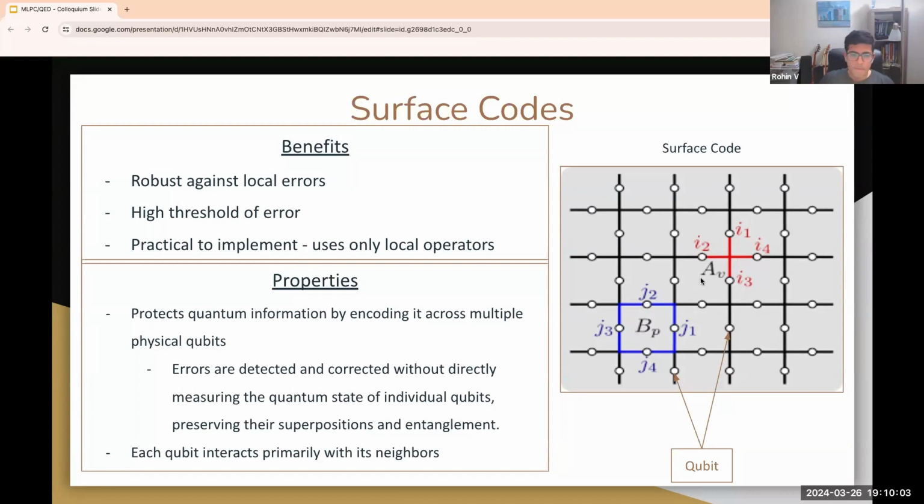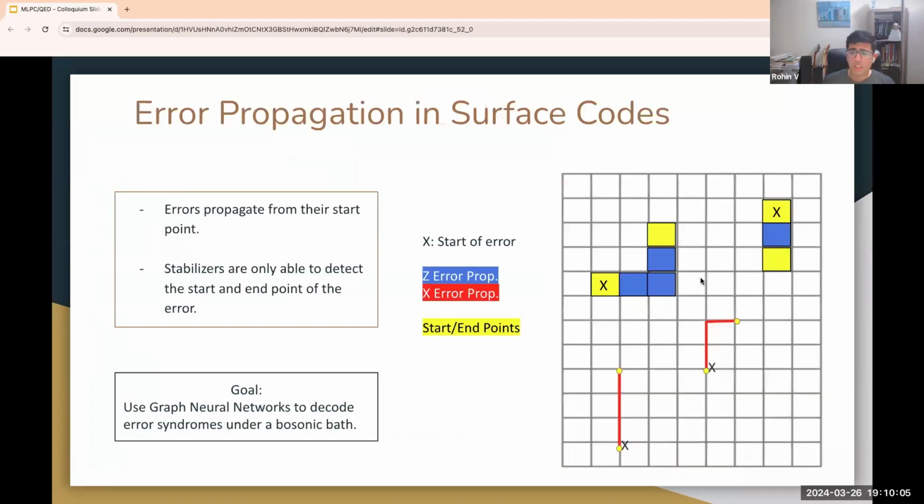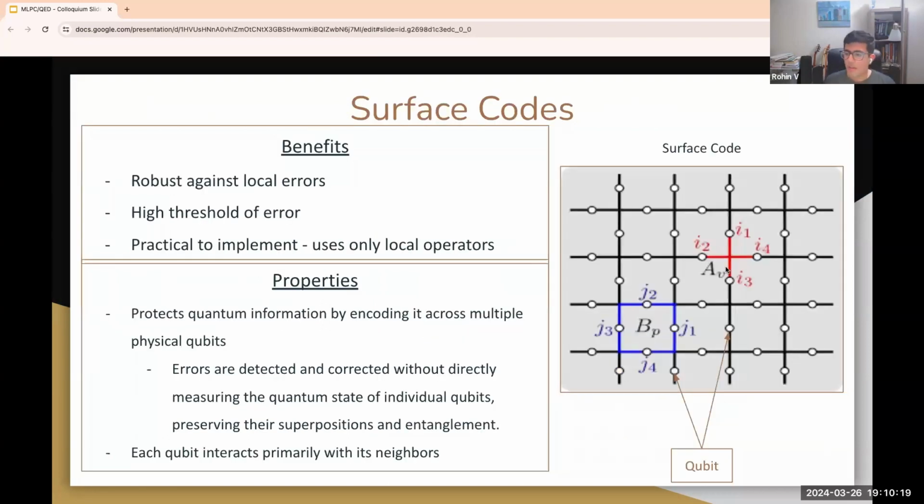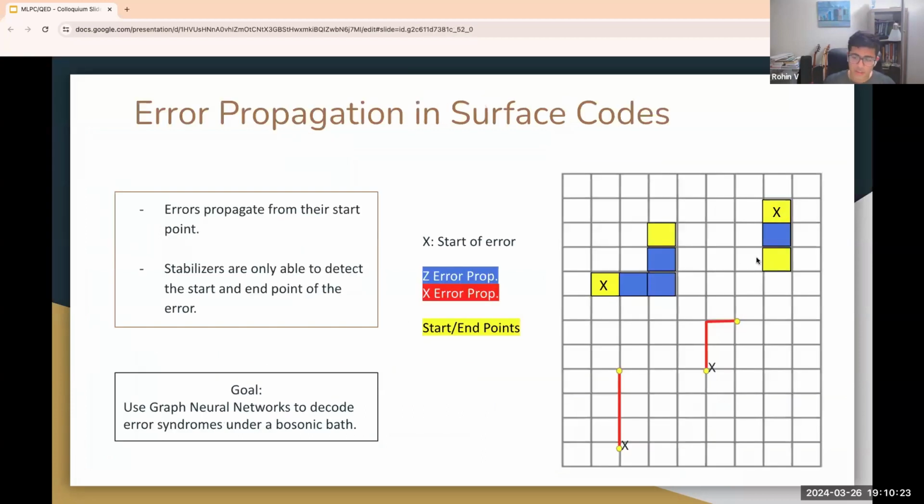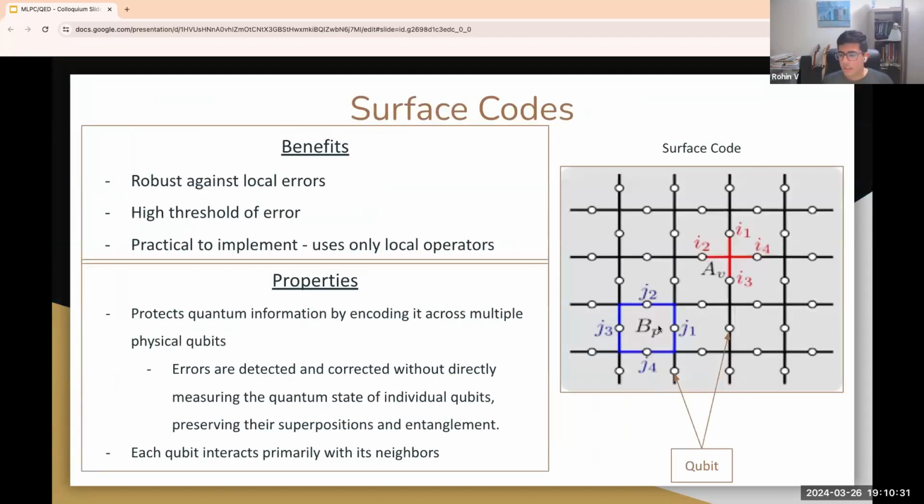So, another property of the surface code is that errors, when introduced to the surface code, they propagate around the surface code as shown over here. These red lines represent errors that are detected by this operator, which is called a vertex stabilizer. And the ones on the faces over here, they are called Z Pauli errors, and they're detected by this plaquette